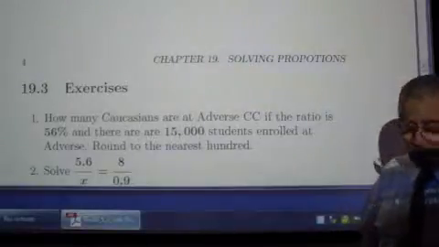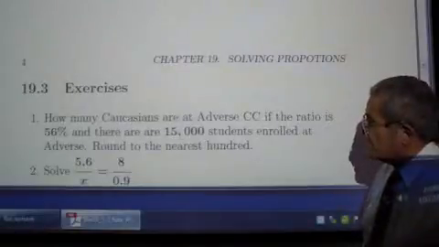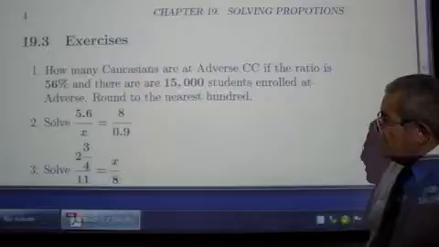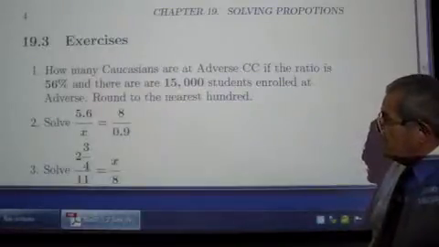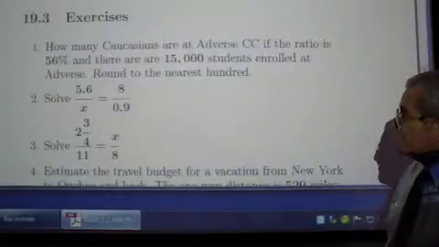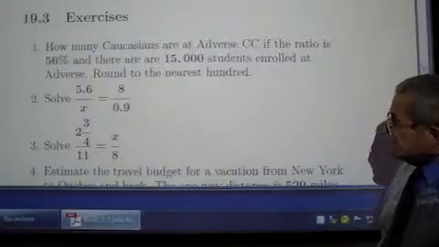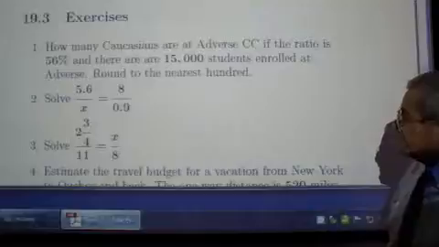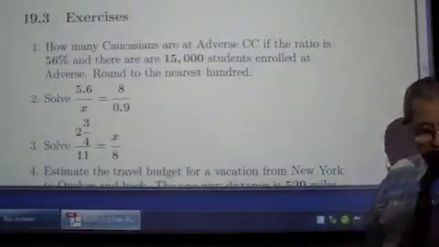Okay, the next exercise. We want to solve 4 over 11, which is equal to x over 8. I wonder what the estimate is. You figure it out. And then